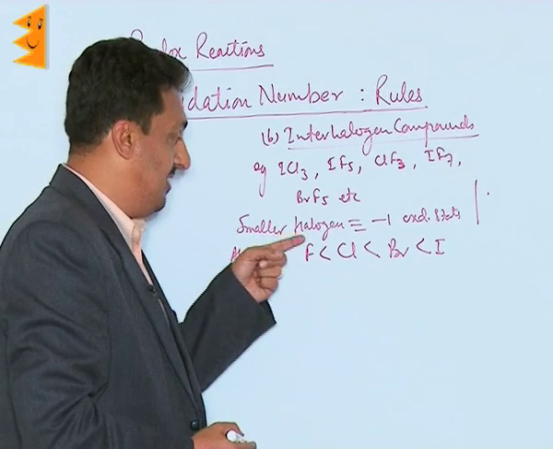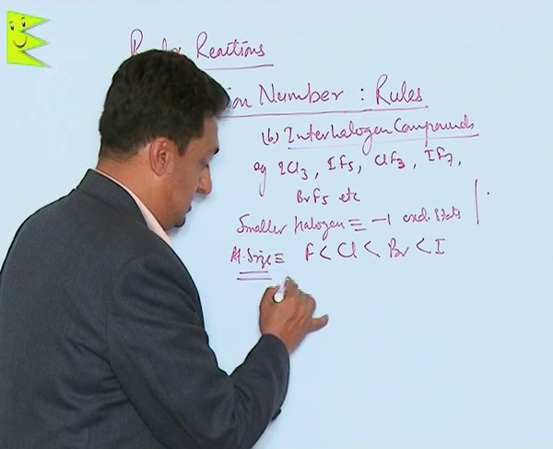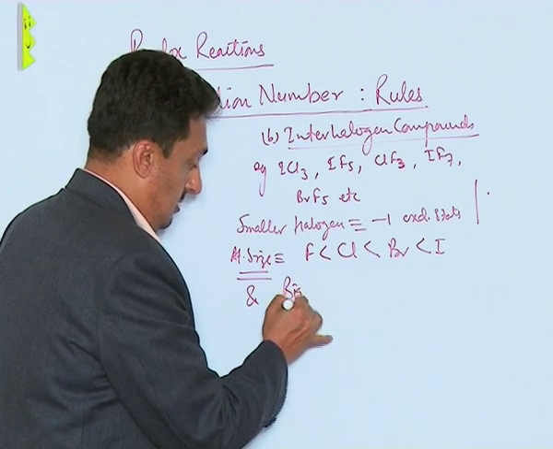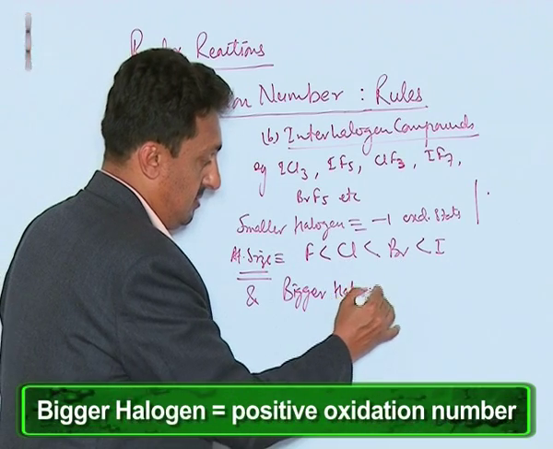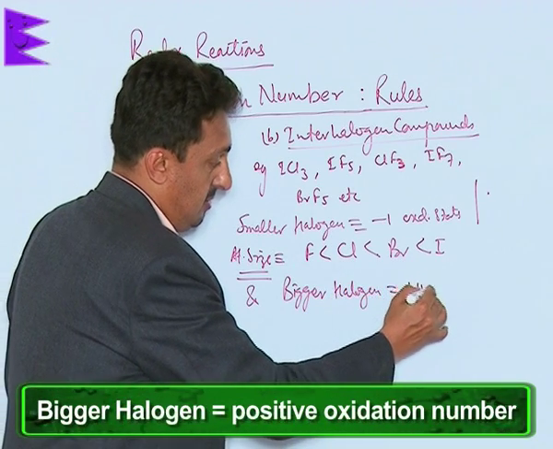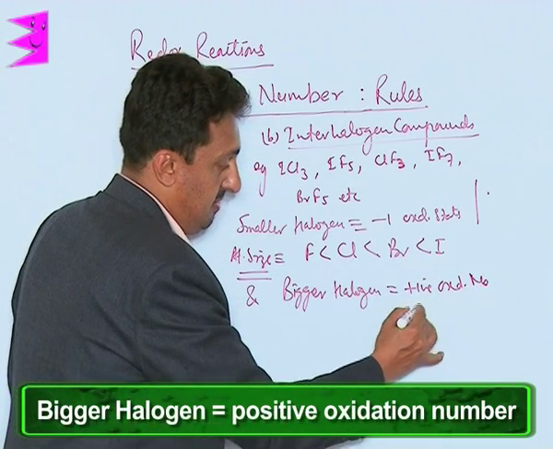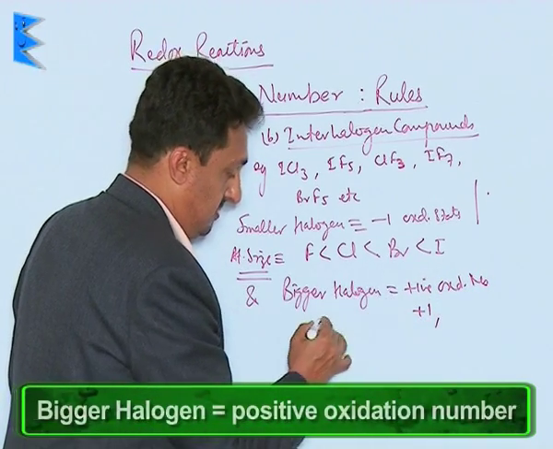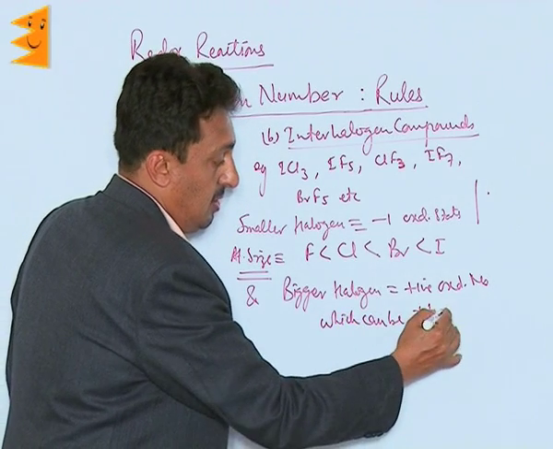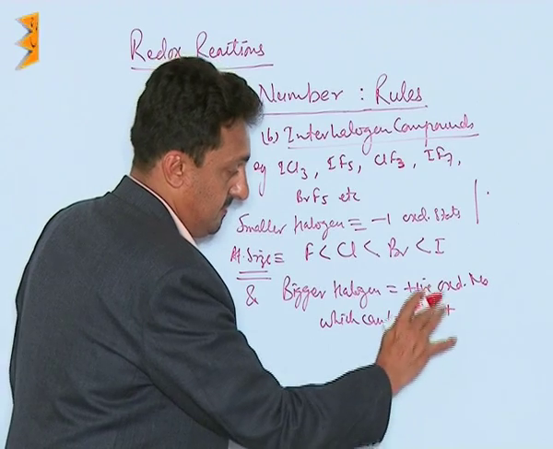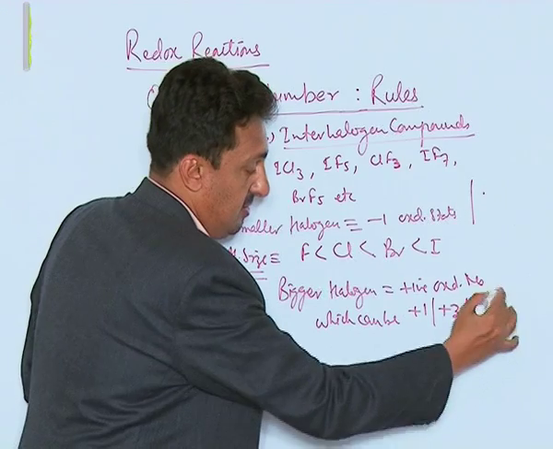So the smaller halogen will always be in the -1 oxidation state or number, whereas the bigger halogen will be in a positive oxidation number, which can be +1 or +3 or +5, or it can be